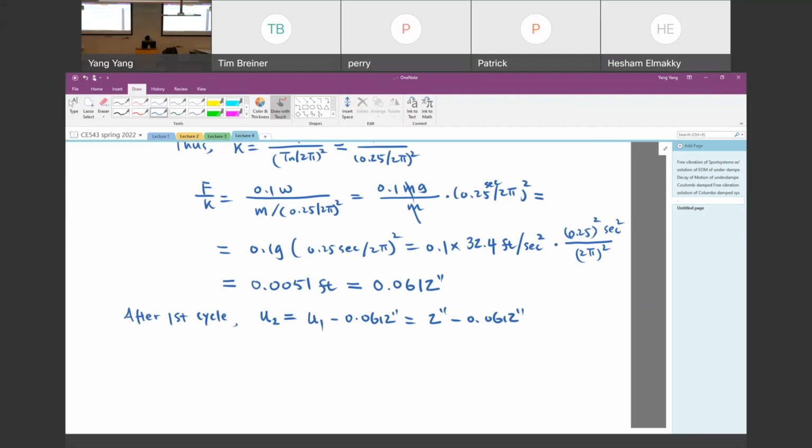So after the first cycle, we use the initial displacement minus 1 difference here. So that means after 6 cycles,